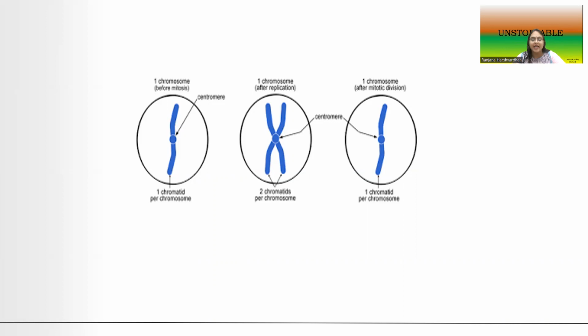So I was on this slide, which gives you a picture of a chromosome. This particular picture, which you can see in front of you, is one chromosome. This one chromosome has begun to compress or condense itself. It's in the cell division process, and it has begun to condense, which is why we are able to see it in the form of a rod shape. Yes, we can see it in this rod shape because it has condensed. It's ready to